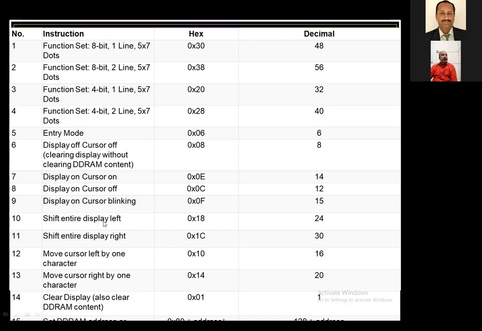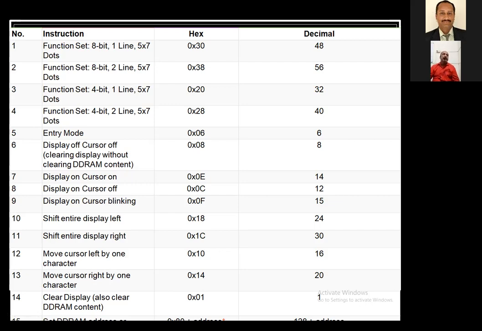Shift the entire display left means the cursor will move to the left. If you provide 10 as data, the cursor goes left by 1 character. For 14, the cursor moves right by 1 character only.